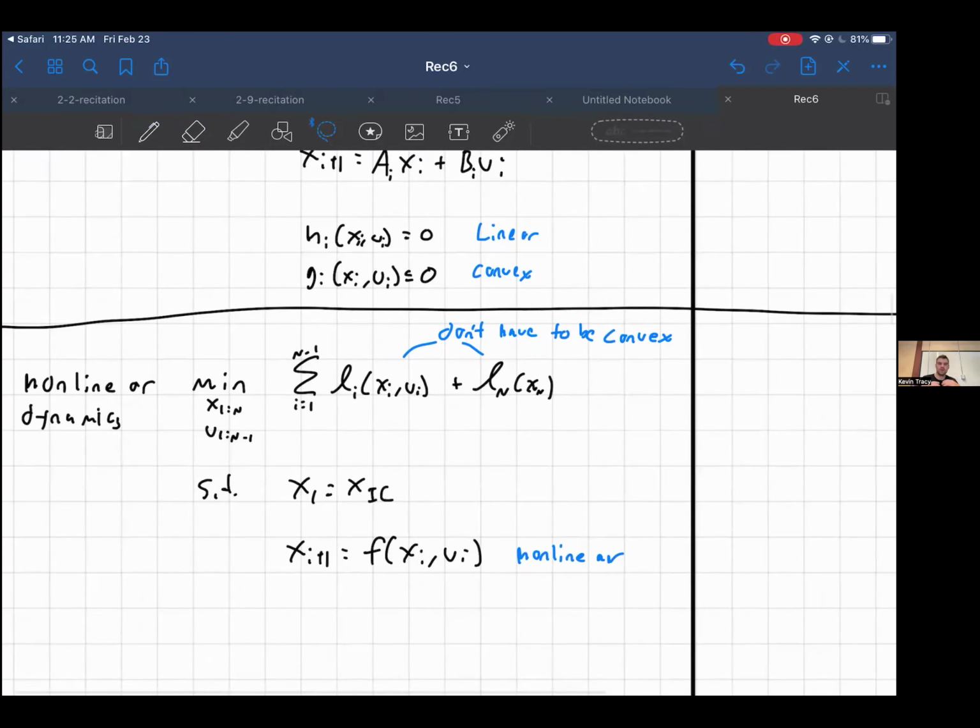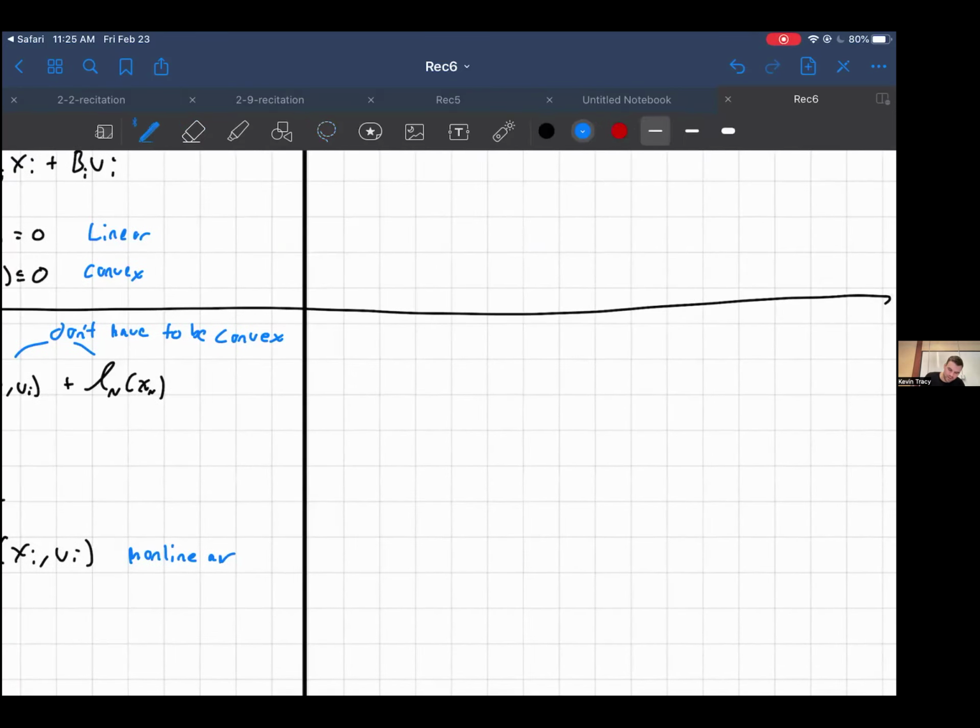Okay. So this is my problem. If all I have are nonlinear dynamics and costs that may not be convex, I can still solve this with